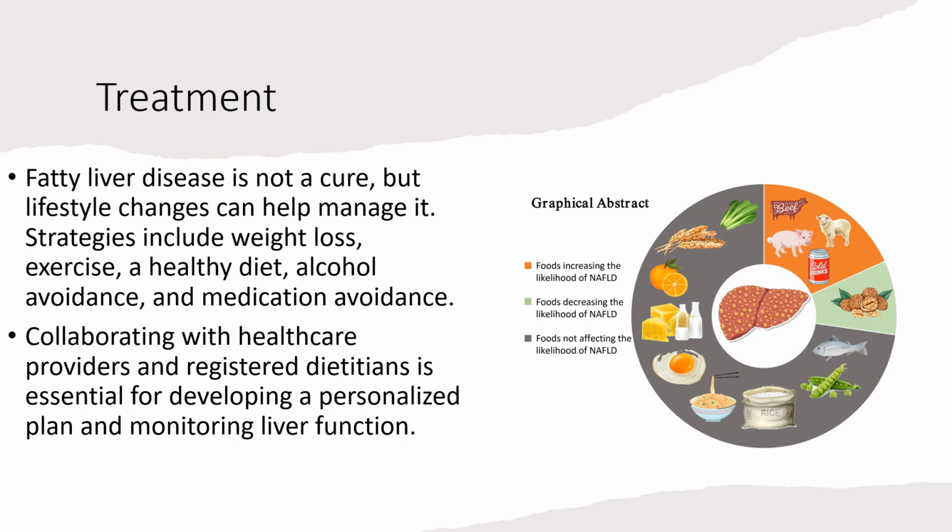Avoiding alcohol. If you have alcoholic fatty liver disease, avoiding alcohol is essential. Even moderate alcohol consumption can worsen the condition and increase the risk of liver damage. Avoiding certain medications. Some medications can be harmful to the liver, especially if you have a liver disease. So talk to your healthcare provider about any medications you are taking and whether they are safe for your liver